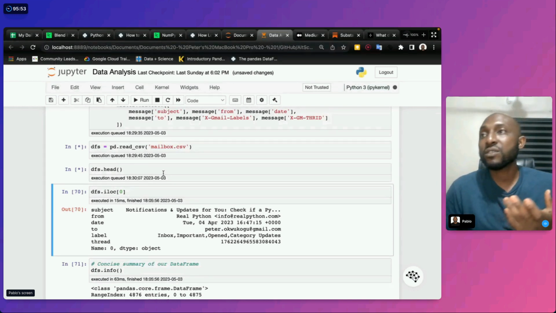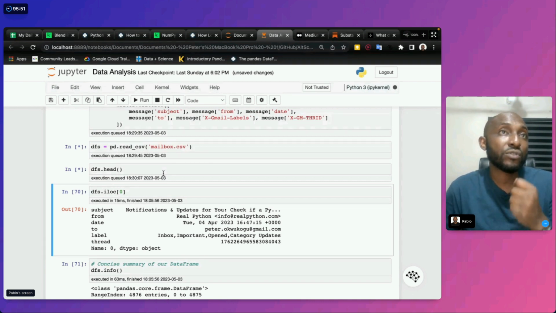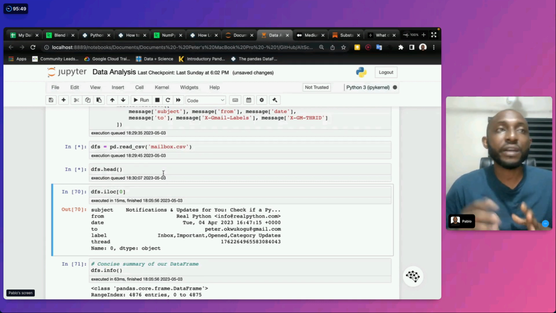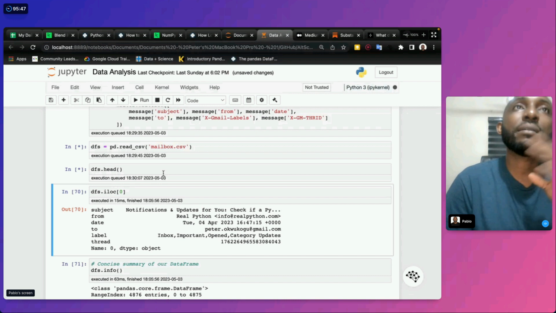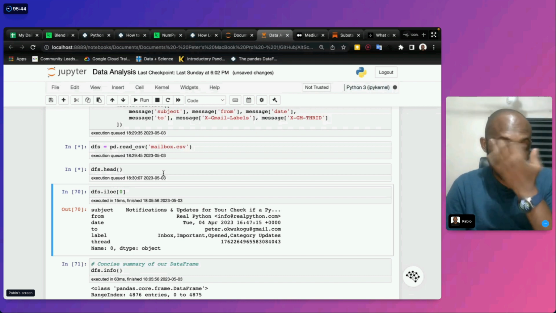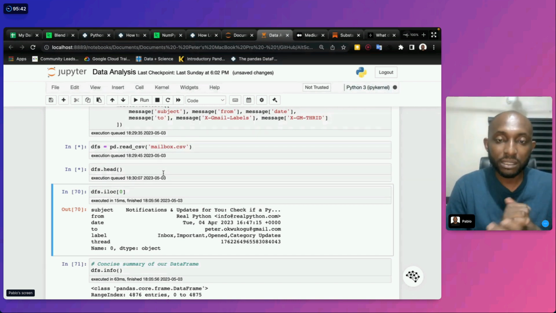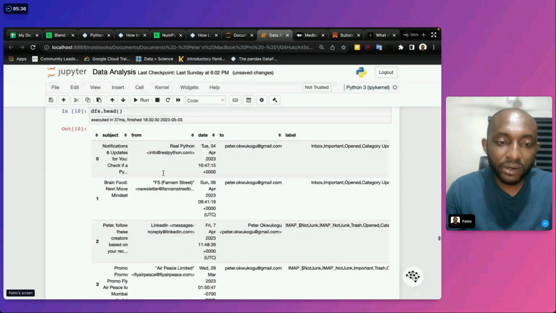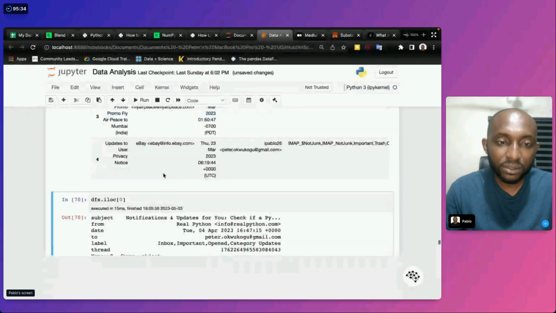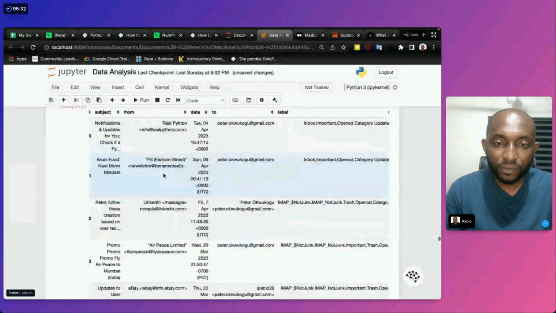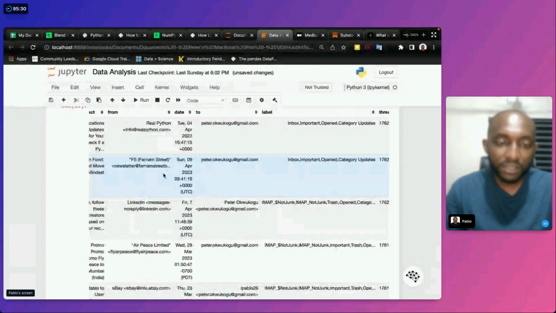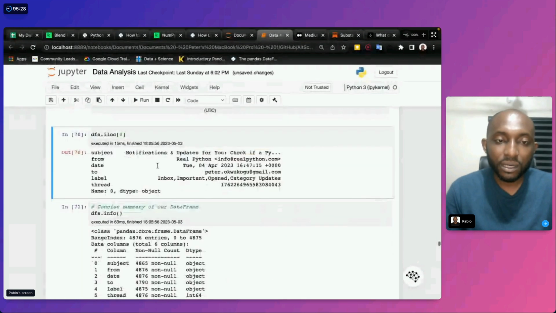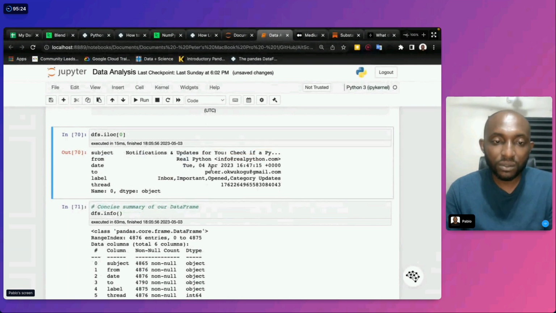Now, when data is in its raw state, it only makes sense that you try to clean it up. You try to find a way to make it readable so that it can be analyzed easily. That's what is happening here. It takes a little bit of time, but it is done. So you can see our data. Our data looks different. It's okay, but it looks all over the place. If we just focus on one of the rows, you can see how this looks.